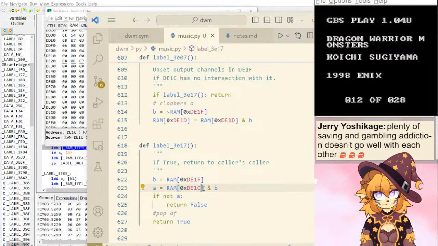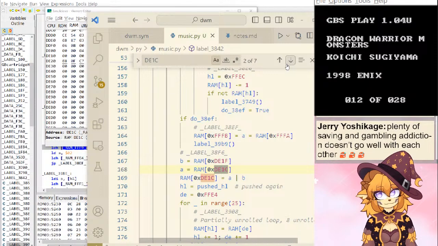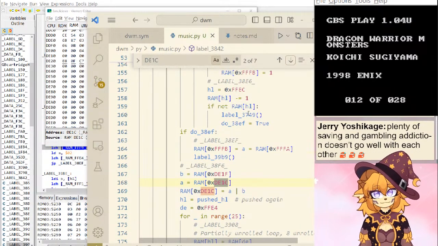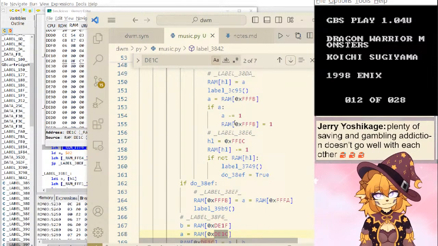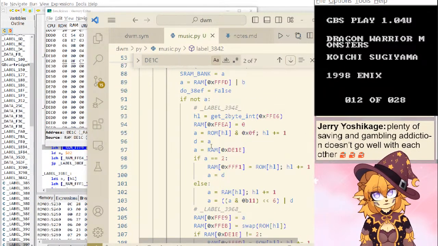DE1C. Where is that assigned? Other than that. Interesting. This is... where am I?